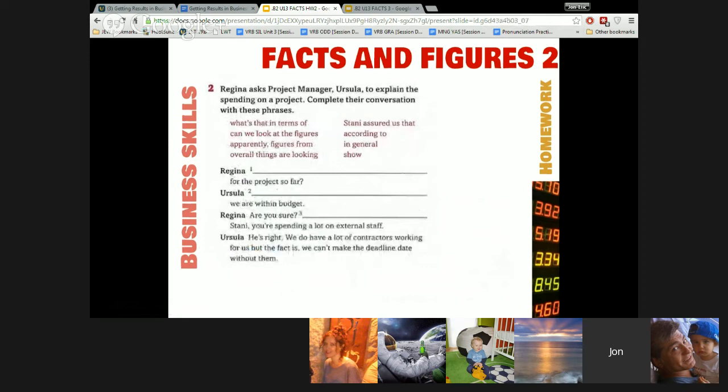The next one is all about key phrases, asking, summarizing, and reporting back on information. So you have to just finish the dialogue and use the context to help you. All right? So I don't want to give you the answers. I just want to show you that it's not so difficult. Try it, correct yourself, and then tell me in the next class if there's any questions or if you don't understand something. All right?